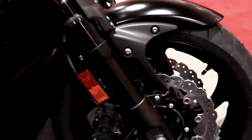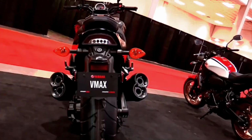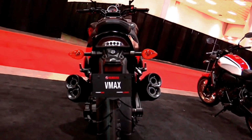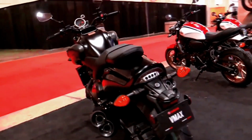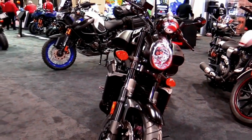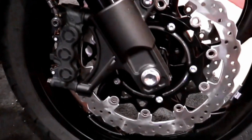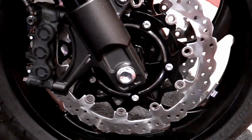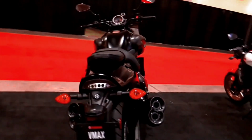The V-Max features a distinctive aluminum frame, beefy inverted forks, and powerful brakes for precise handling and braking performance. It combines classic cruiser styling with advanced features such as ride-by-wire throttle, Yamaha Chip Controlled Intake, YCCI, and Yamaha Chip Controlled Throttle, YCCT. Yamaha V-Max specification detail: Engine: